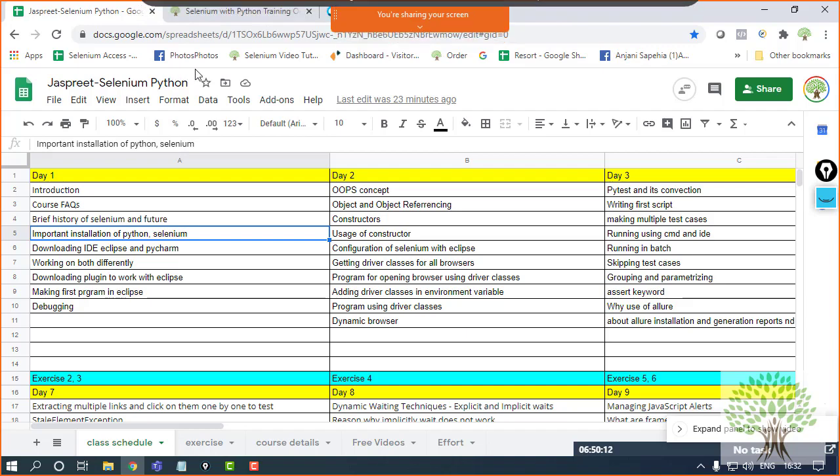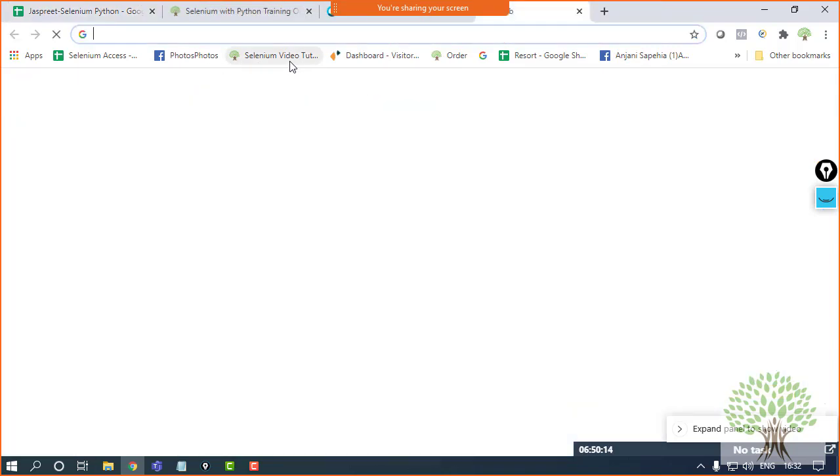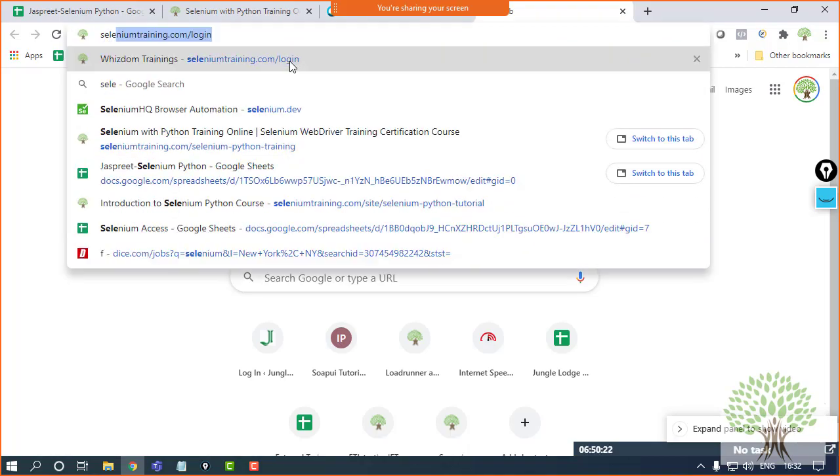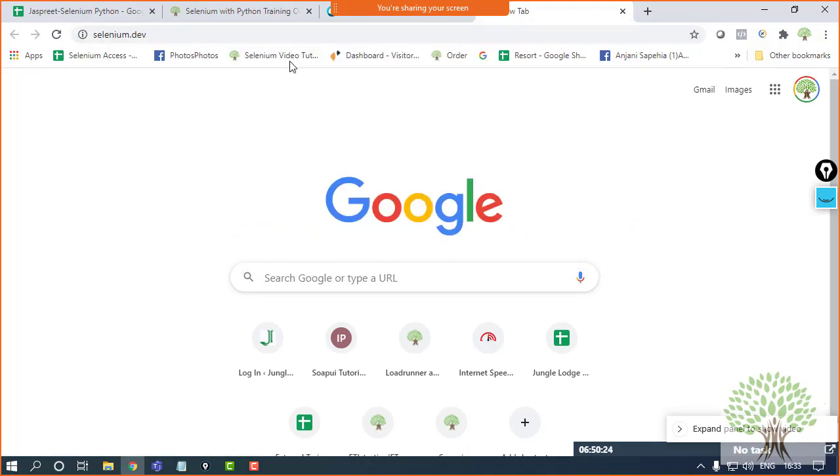Okay. So now what I will be doing is, firstly, talking about Selenium and which version we are going to use. I'll show you on the official website of Selenium. Now Selenium is an automation testing tool which helps you to automate browsers, right?